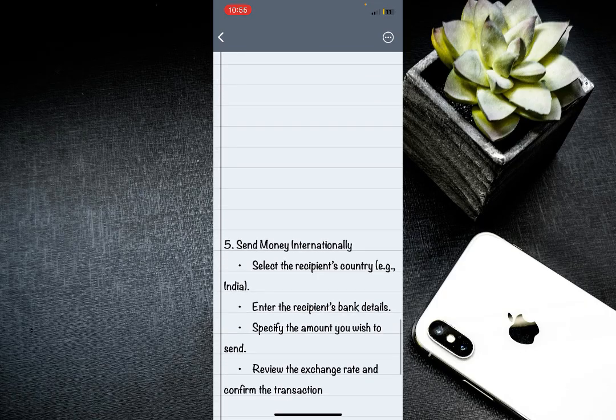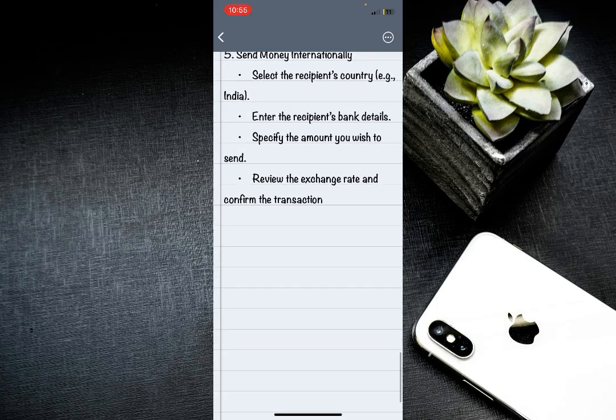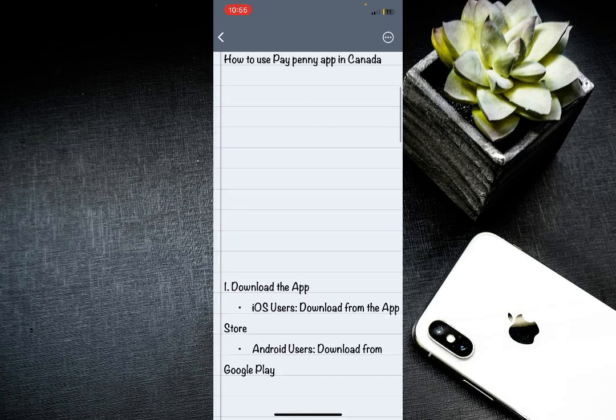So for this, you have to send money internationally. To send money internationally, you have to select the recipient country, depending on your individual preference. You can send money to Germany. Enter the recipient account details, then specify the amount you want to send, then review the exchange rate and confirm the transaction. And that's how you can simply use